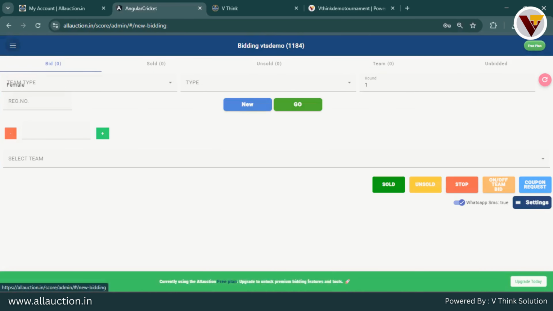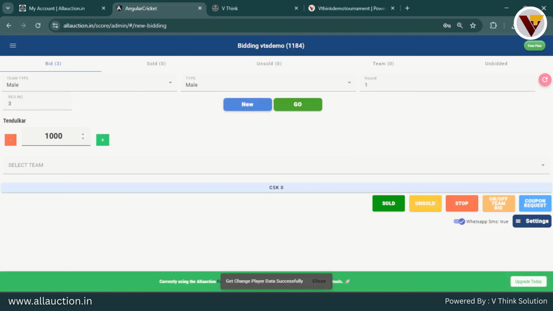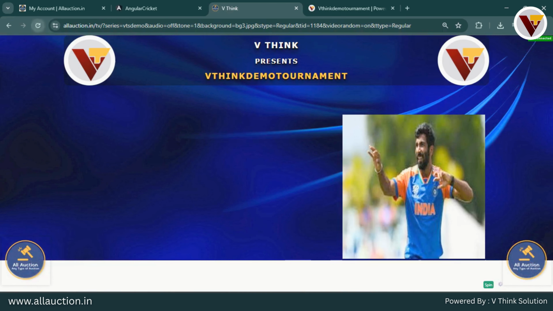Now let me show you a quick demo with the bidding. I have selected a male category and 1 registration number. So here you can see when you increase the plus button, the bidding points increase based on the setup we have done. Now in TV screen,